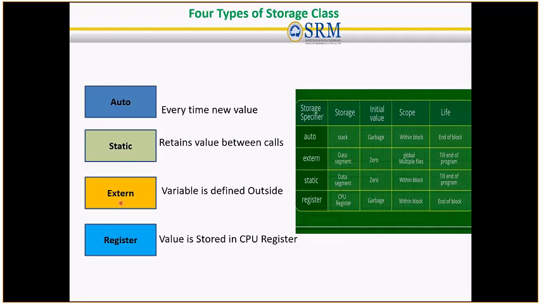Next comes the extern storage class. Extern stands for external storage class. Extern storage class is used when we have global functions or variables which are shared between two or more files. The keyword extern is used to declare a global variable or function in another file to provide the reference of a variable or function which has already been defined in the original file. The variables defined using the extern keyword are called global variables. These variables are accessible throughout the program.